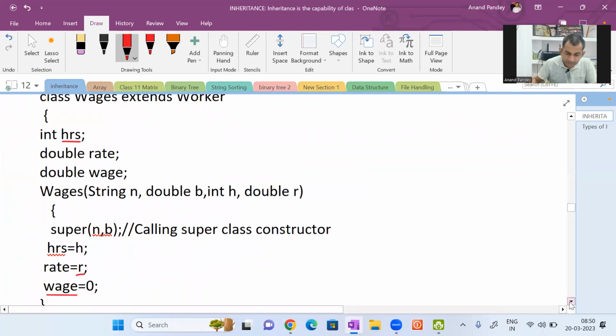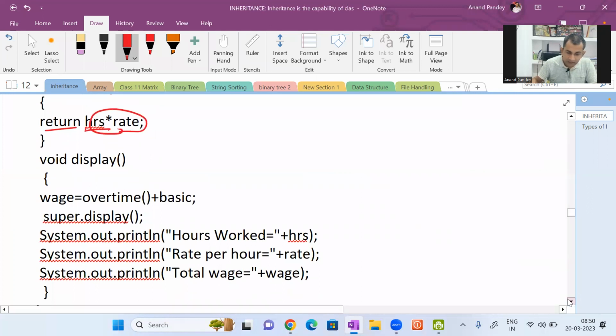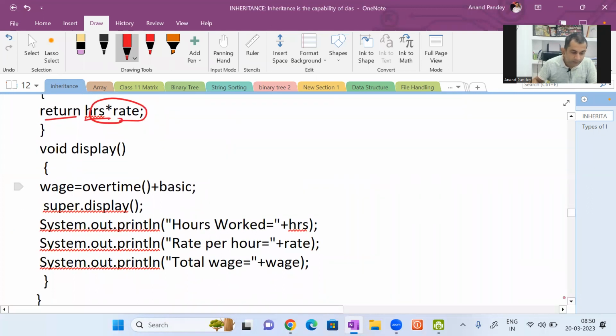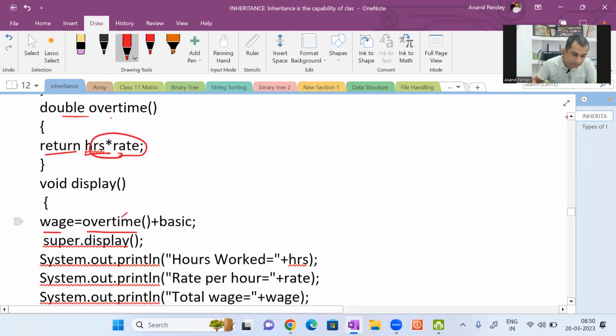See here. Wage equal to, the formula we are going to calculate the wage. Wage equal to, see here I'm calling the function overtime. So overtime function will be called, and it will return the value of HRS into rate. That will come to here. When a function returns a value, control goes back to where it is called. So HRS into rate will be calculated and control will come back to here, and that will be added with